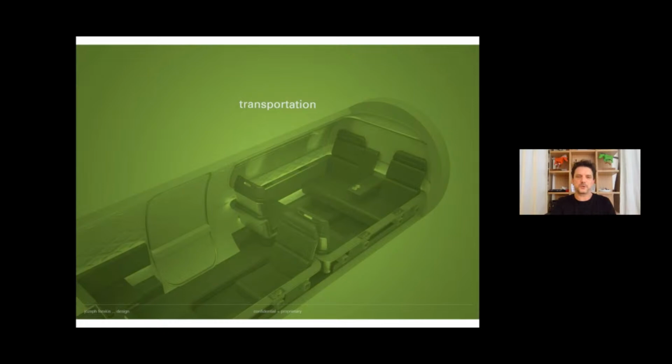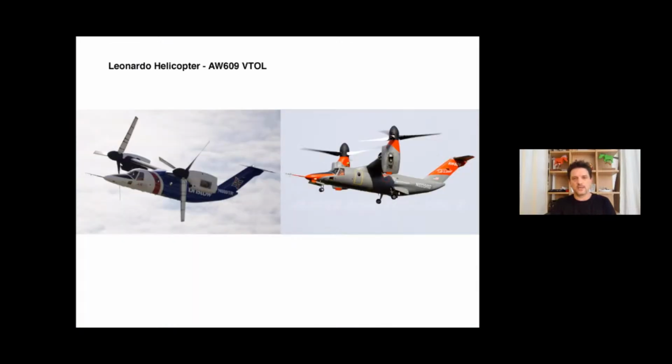Shifting gears to transportation, which has always been a kind of dream of mine. I think when I was growing up, I either wanted to be a car designer or an architect. And then when I almost accidentally discovered industrial design, I saw that industrial design, or the world of design, really affords many different possibilities. So this has always been one of my passions, to do something that I've never done before. And a few years ago, we were invited to participate in a closed competition